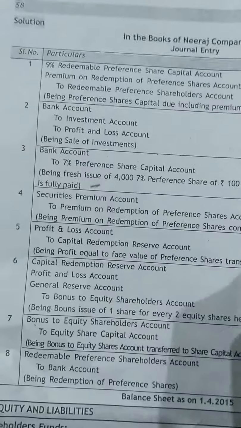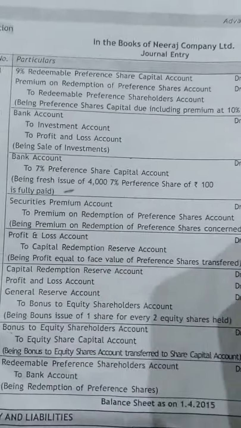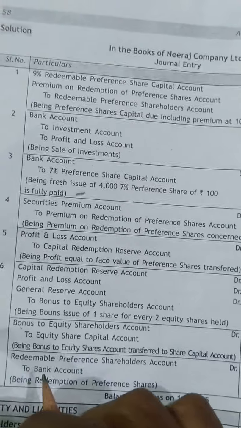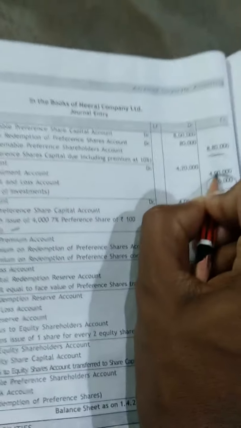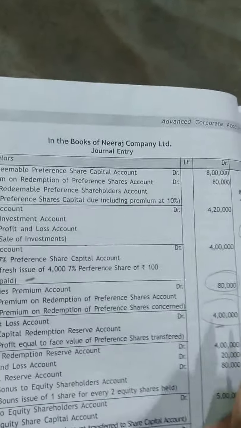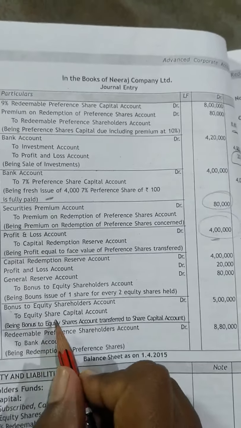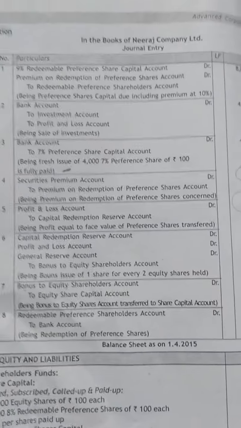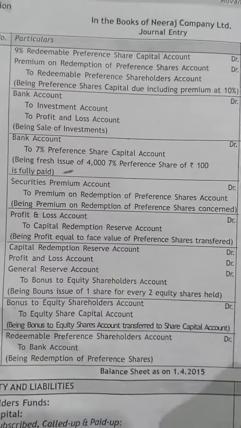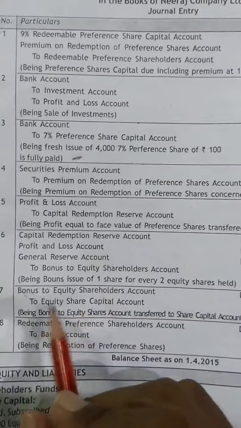Okay, whatever amount they are transferring, you need to check with your premium account. So we have a premium account of 80,000, and here you are getting the profit of 20,000. All these three you need to add: 4 lakh plus 80,000 plus 20,000, you will get 5 lakh. So that 5 lakh you need to issue as bonus shares to equity shareholders. So the simple concept: you need to take the total of your divisible profit and capital reserve reduction account. You need to take the total, that is 5 lakh. So you need to issue bonus shares.